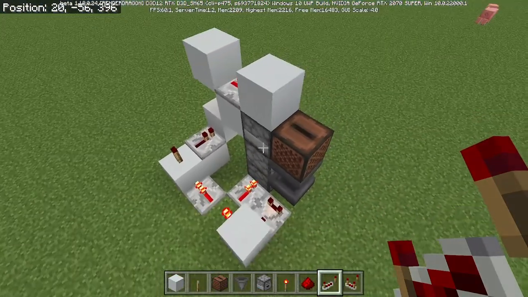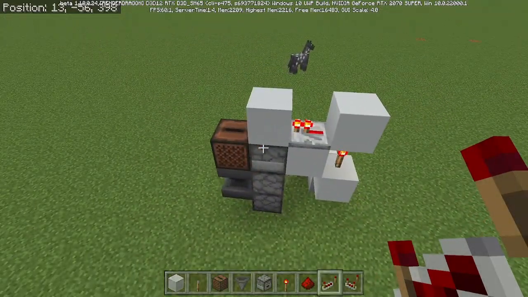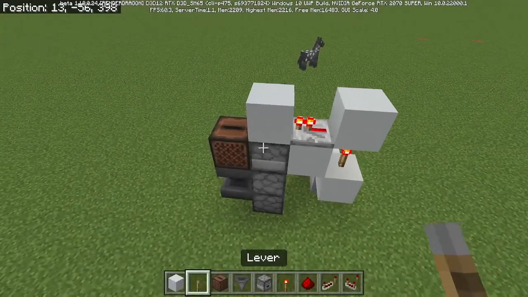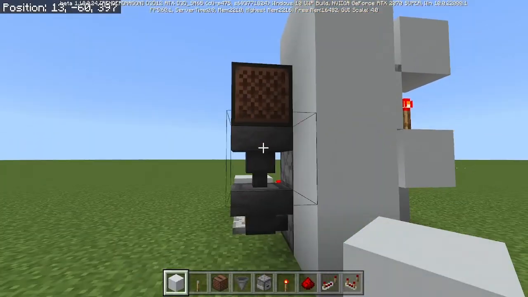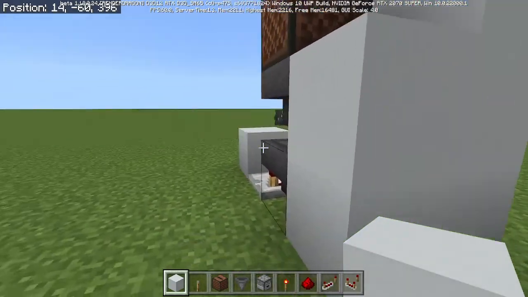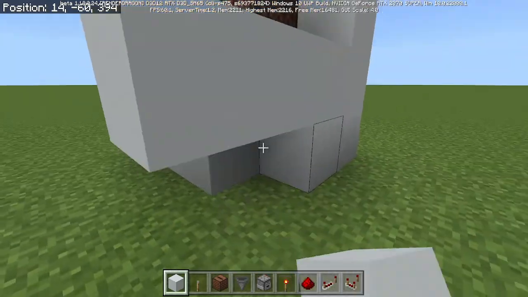Now, I'm going to show you how to make the shutoff mechanism for this. It's a pretty simple mechanism. So, temporarily, we're going to build a false wall. Let's say that this is the wall of your house, and this is the floor. So we're going to go ahead and build that right now so that we know what's what.